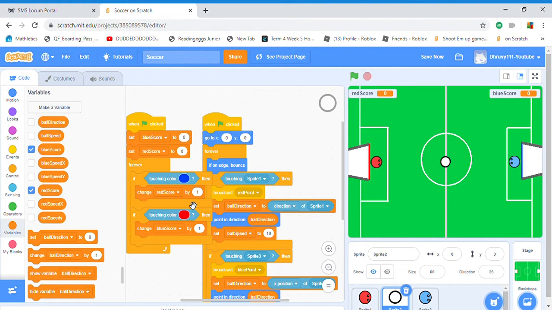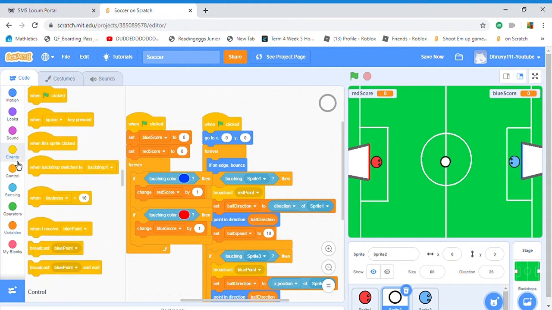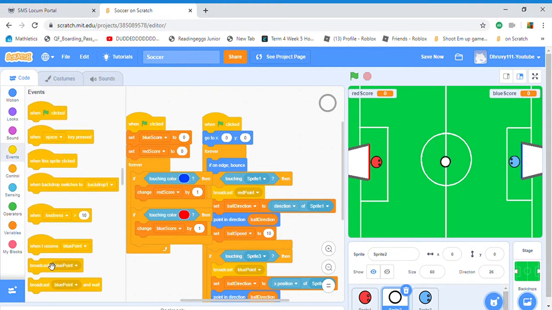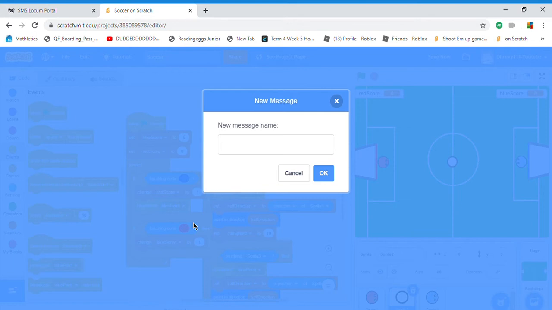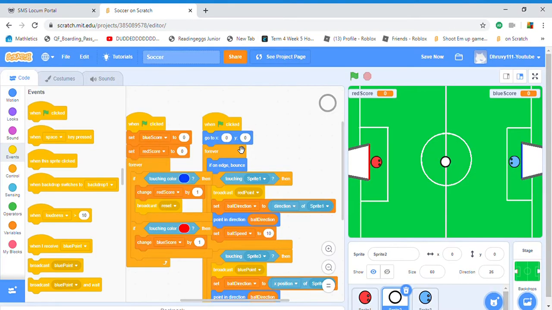Now what we're going to do is we're going to go to control, and actually not control, events. If I'm right, yes it is. Yes I am. And you want to do broadcast. Put that there. Broadcast, remember, is sending messages. I will make a tutorial on broadcasting, and maybe I will also make a game about broadcasting. Okay. Now the broadcast name is going to be called reset,